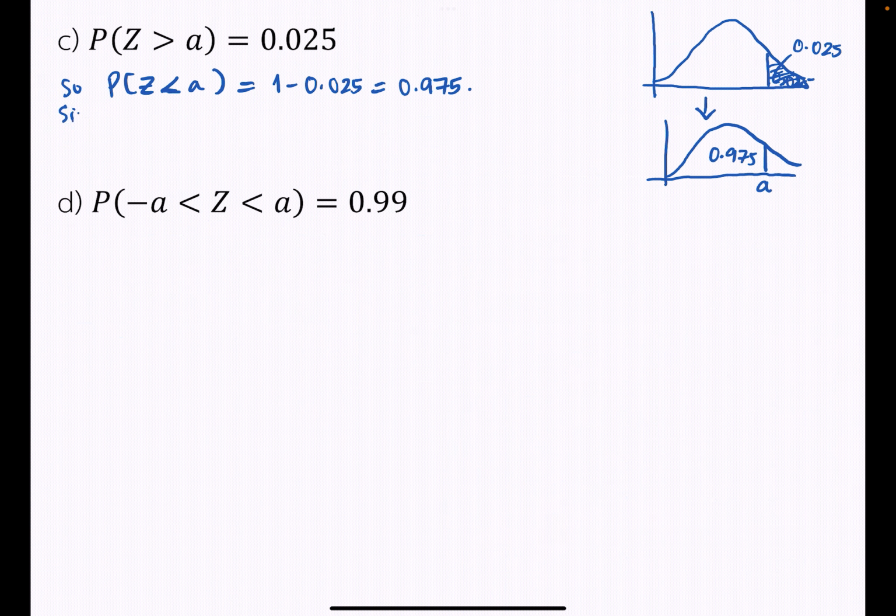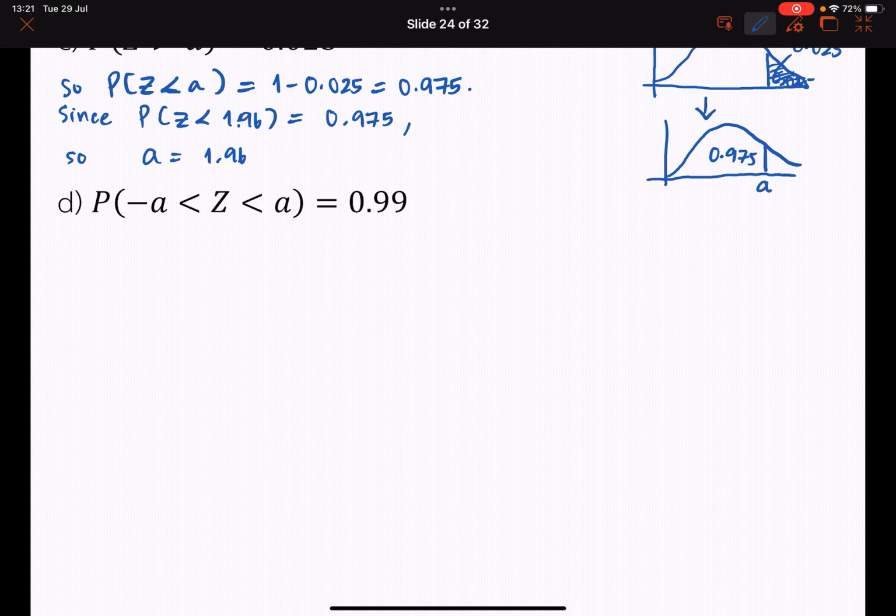Go back. Since P of Z less than 1.96 is equal to 0.975, we have A equals 1.96, like that. All right,